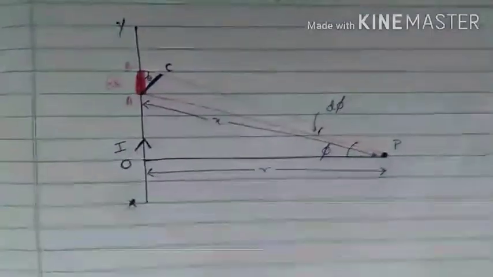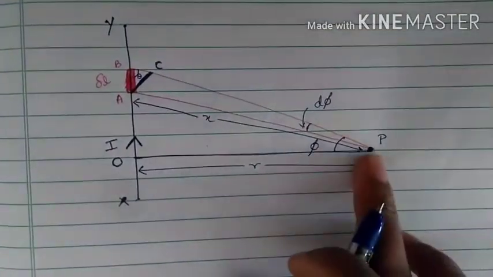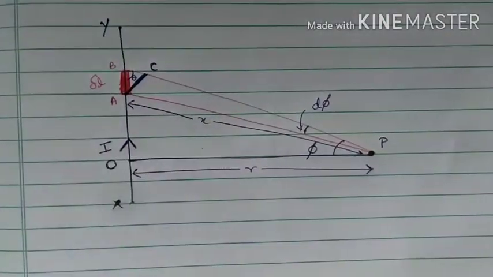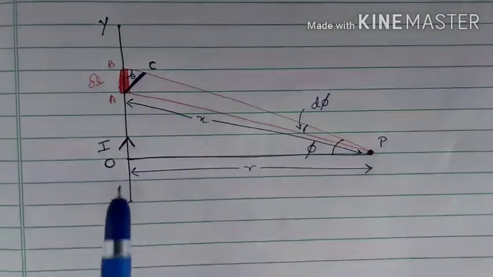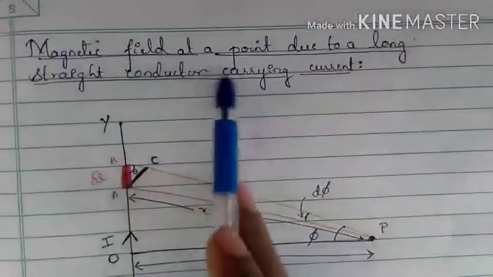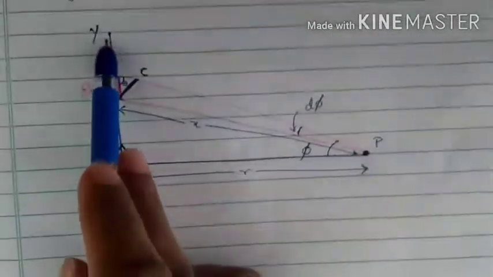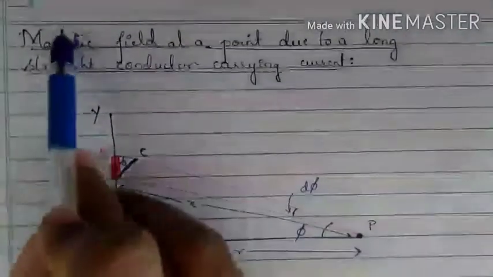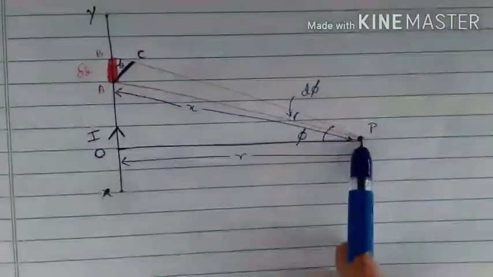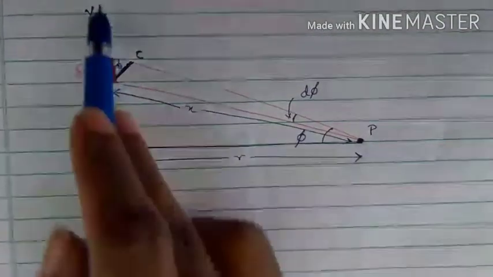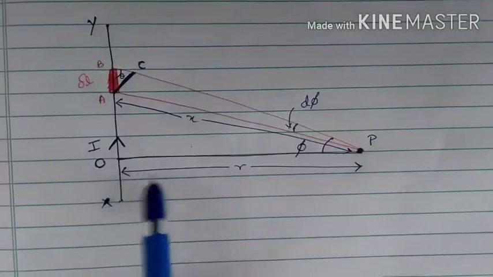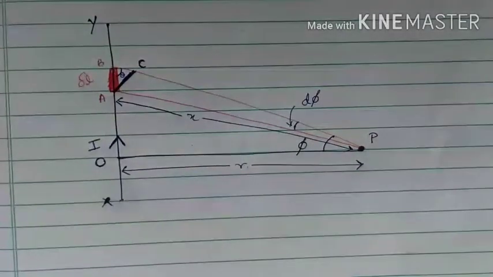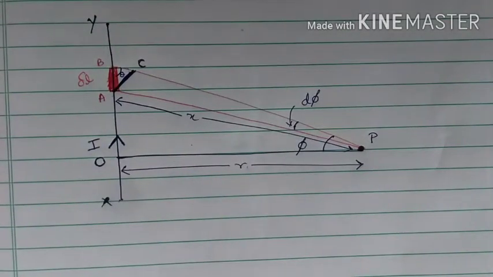So here is the diagram for the magnetic field at a point P due to a long straight conductor which is carrying a current. What we have done here is so simple. As mentioned in the derivation, you have to take a long straight conductor. So we have taken XY as a long straight conductor, and we have to find the magnetic field at a point. So let us consider a point P which is away from the long straight conductor, and the distance is r. Now let us take a small element dl in the long straight conductor which is carrying current.